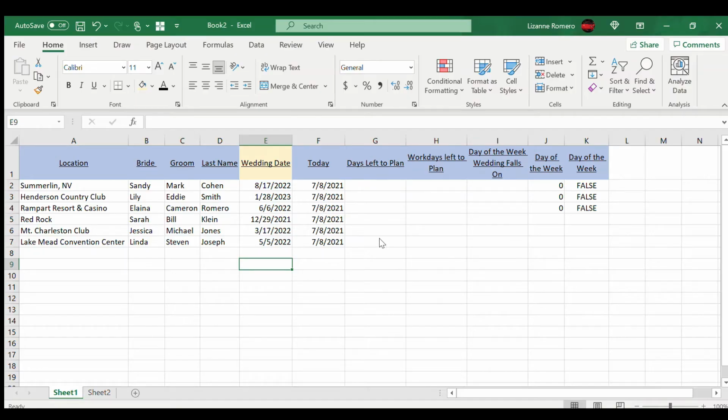Guys, today I'm going to show you how to calculate days and dates in the future based on today's date. And this is super helpful if you are in an event planning business or a wedding planner. You can just look at a future date and use Excel to calculate how far away it is and